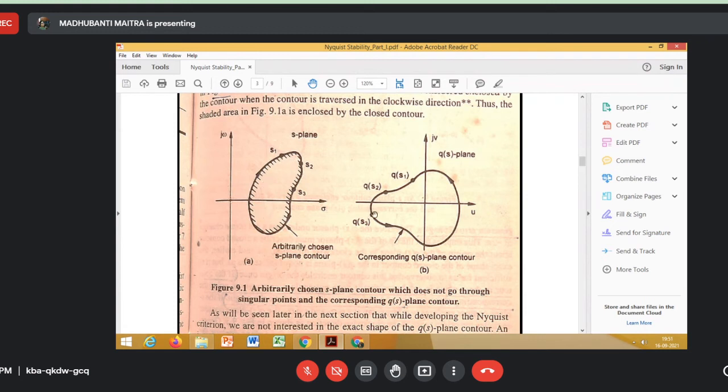So in this figure, if I consider that for a given QS and for this given S-plane contour, this is our QS plane contour tau q, we find that yes, the QS plane contour does enclose, or in other words, we use the term encircle, the origin. This is the origin of the QS plane. So the QS plane contour in this case encircles the origin of the QS plane. Clear?